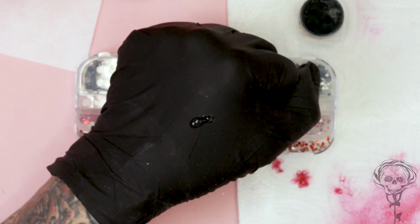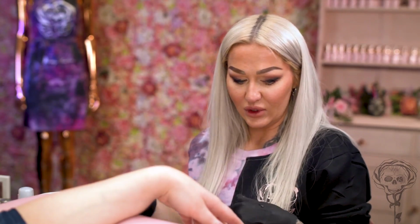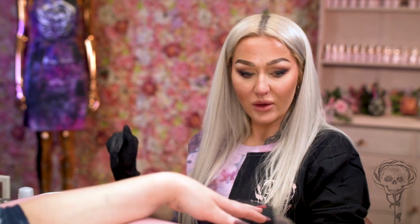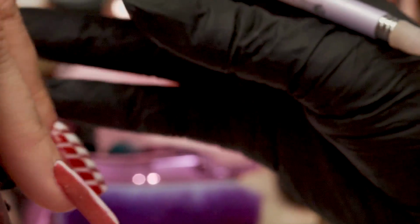I do like to put it on the back of my glove. You can put it on a palette, it's absolutely fine. But I'm just doing that. You didn't put very much on there, you don't need a lot. Yeah, but I prefer waste not, want not. Not normally like that, to be honest. It's always like lashings. Right, so I think